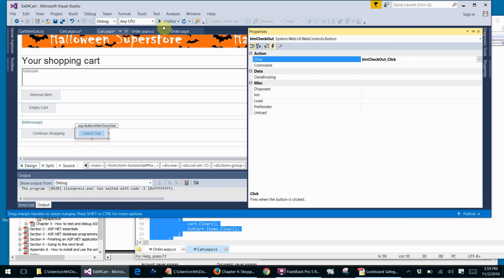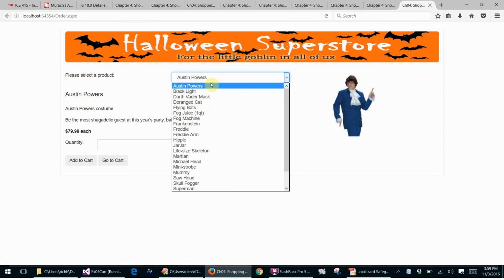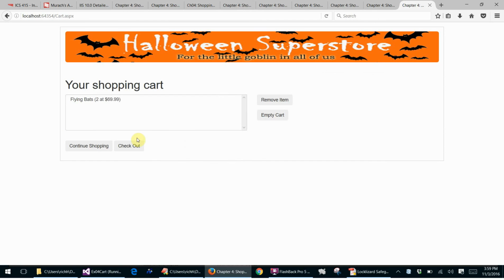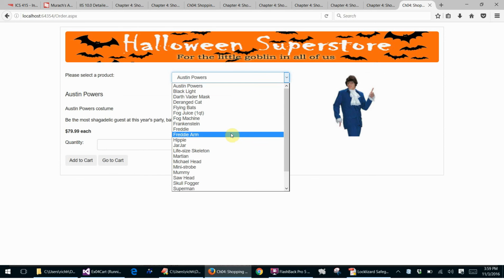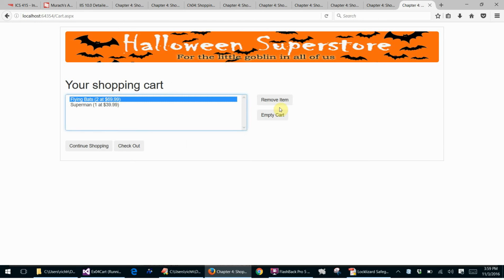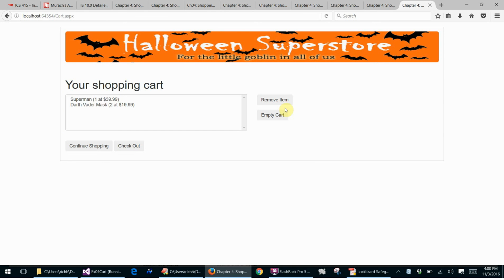Okay, now when I run this, and I add some flying bats, and I add some Superman, I can remove the flying bats, I can add something else, and I can empty the cart, and I can check out, and it says, sorry, the function hasn't